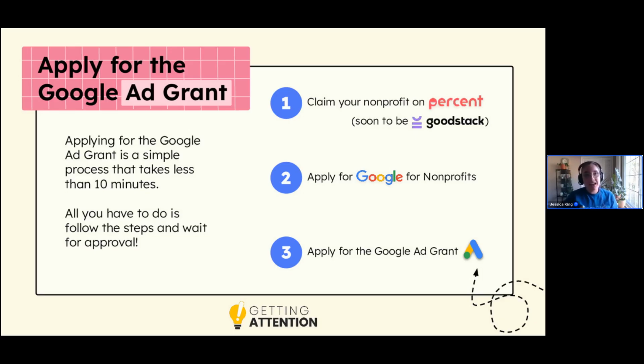They're going to basically ask you just a few questions about your mission and some contact information, things like that. This is a great place to clarify if there is anything unusual about your situation. Just to give you an example of one client situation that popped up. We work with an organization called the Addiction Research Institute. When we get into the world of addiction and substance use, there can be some trickiness as it relates to the Google Ad Grant. That would be a whole topic for another day. If you guys have a lot of interest in that, we can dive into that at some future webinar.